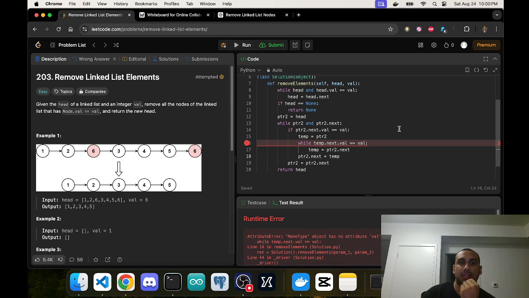Because basically, if I have 1 2 2 1 and I go .next, it's going to end off at that. So I'm going to make temp equal to ptr2, which we know is good. Right? If the .next val is val, I want to go .next until I hit something that's not val. So while temp.next.val